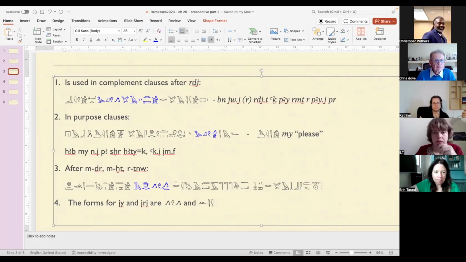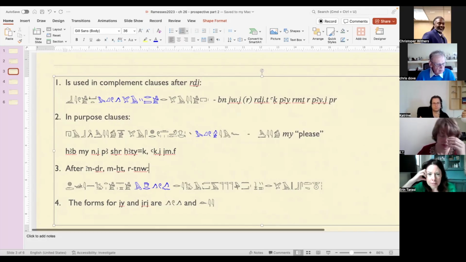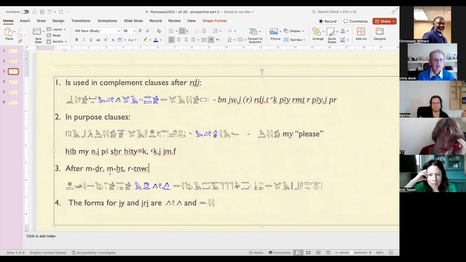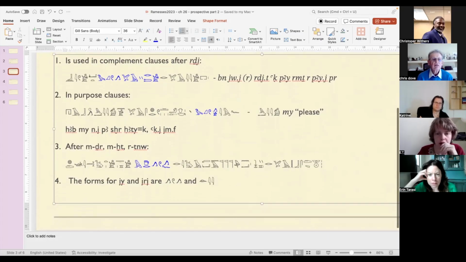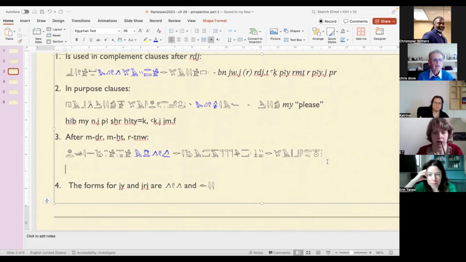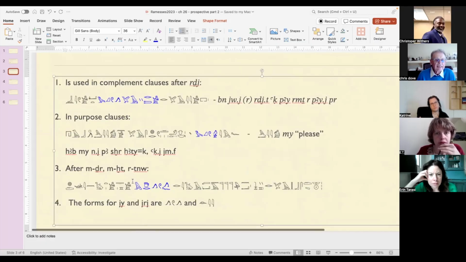A little bit less common, I would say, after certain prepositions or prepositional phrases. Emger after, emchet also means after, etenu every time that. So for example, hang on, I'll just write it. Ched in chati. Again, I think it gets a Y. I should really have checked. And the gentleman's name is Ta. So the traveling northward of the Vizier Ta. You can tell that that's his name because it ends with a determinative.